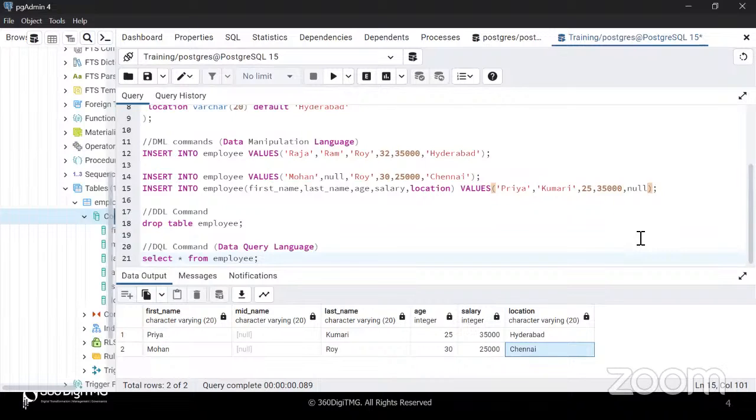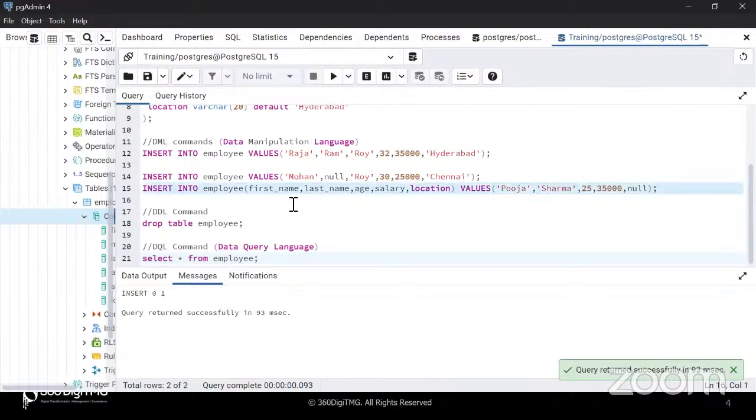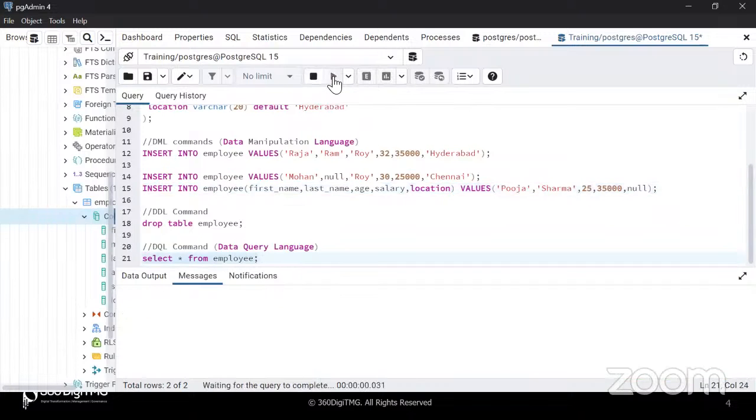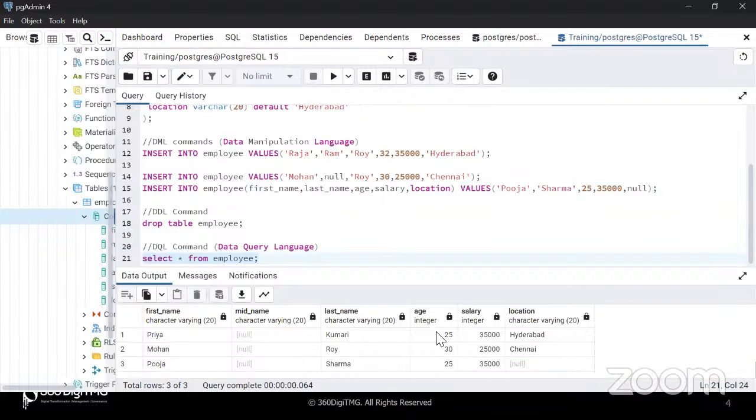Will it take the default Hyderabad, or will it take null, or will it throw an error? Let's check. Let's change the name to something else. Let's say Pooja Sharma. Okay, and I'm going to run this query. Let's see. It didn't throw an error. It worked perfectly fine. Let's check the data. Look at that now. It has made an entry for Pooja Sharma and it has accepted null in the location